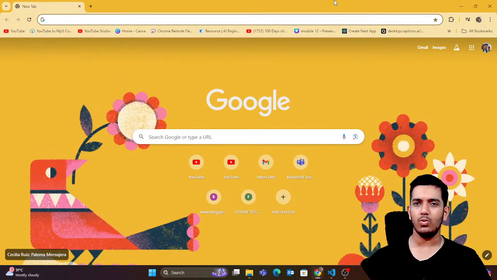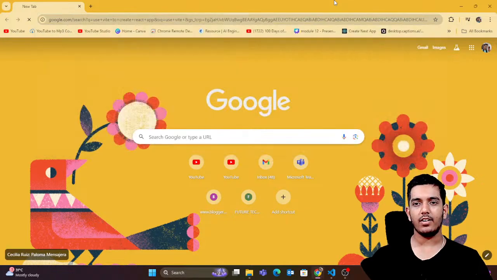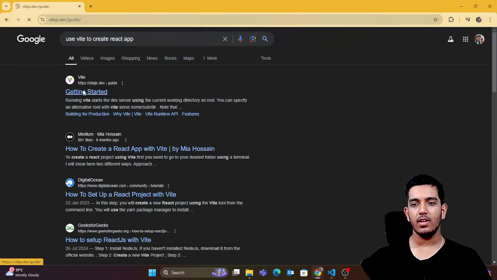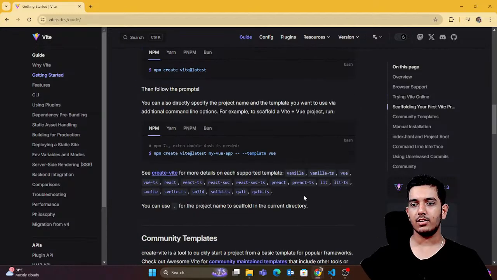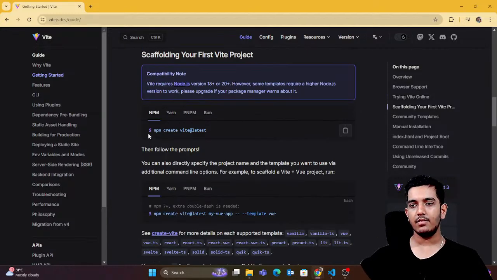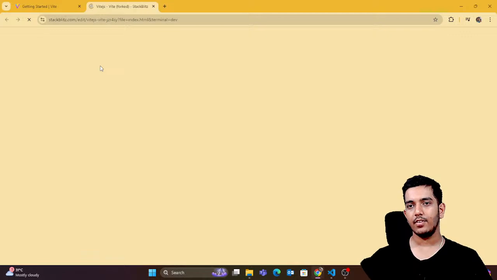If you want to use Vite for setting up a React.js application, you can go to the React.js official website, or simply search for use Vite to create React app. There would be some articles, and you can also refer to the official documentation. If you want to create these kinds of applications, you can just read the documentation. So if I click on React,